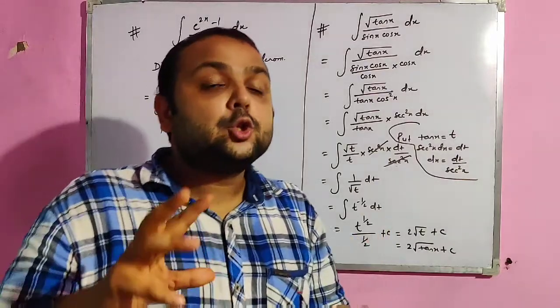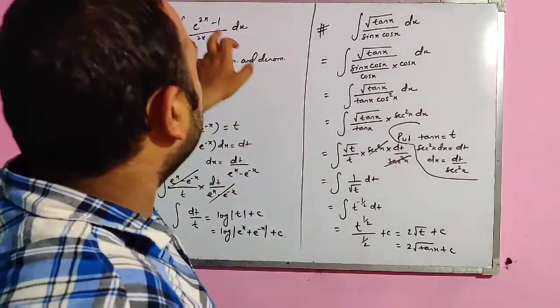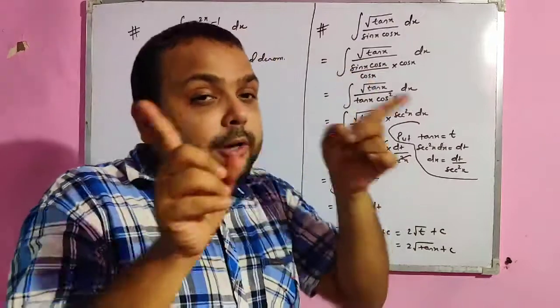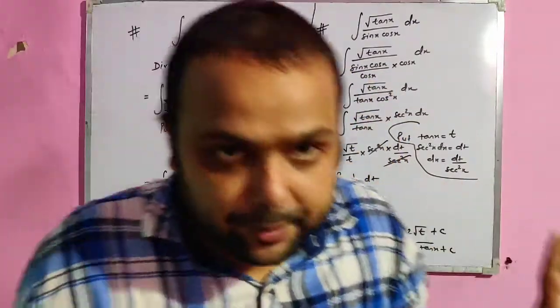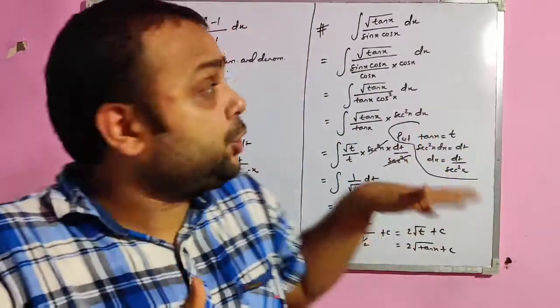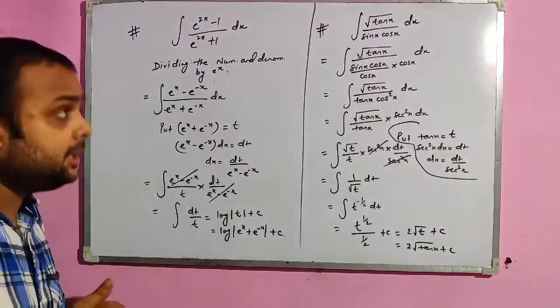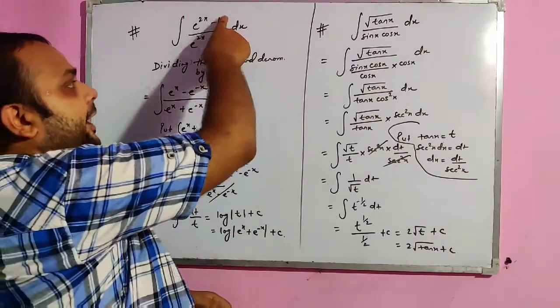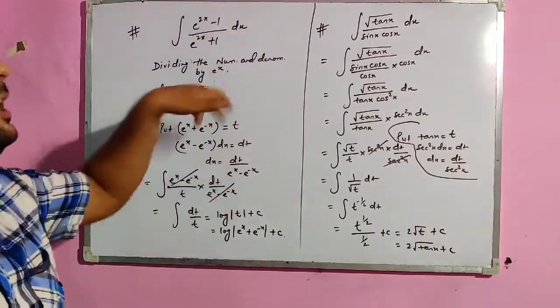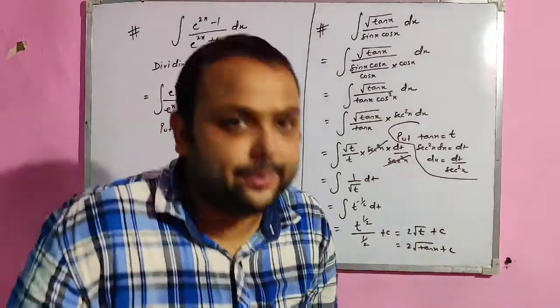So in terms of exponentials, the terms should relate with exponentials only. No constant should be there. If it is, we should divide. We should apply this type of concept. So hope you understand this question. This is a very important question. Since it is 1 here, we should divide the whole expression by e to the power x, both numerator and denominator.